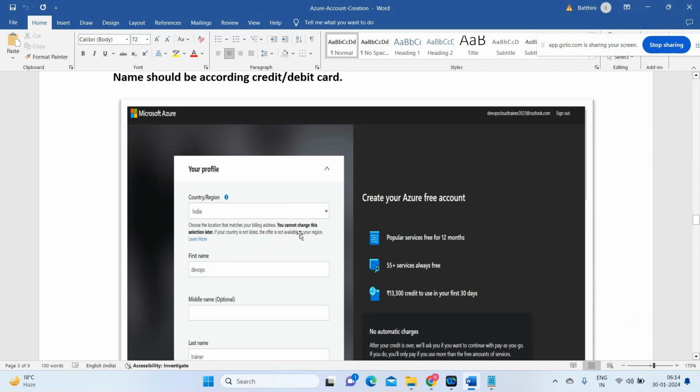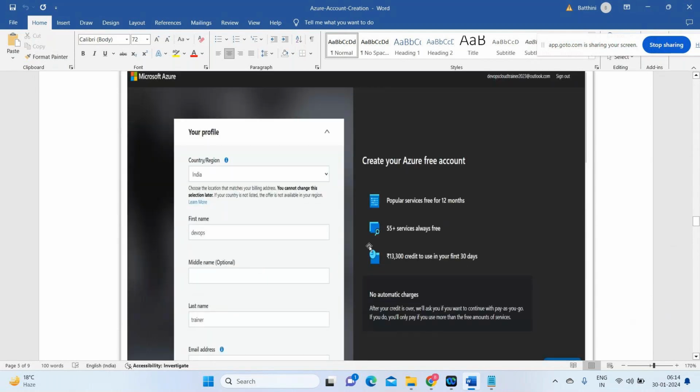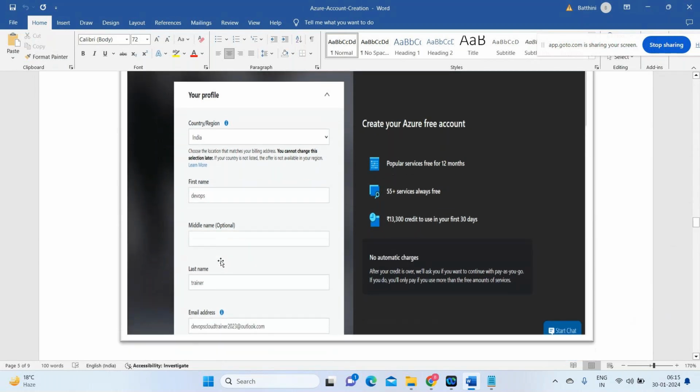Credit card is just to verify whether you're a genuine user or not. That's it. But you will be getting this 15,000 credit for the next 30 days. You'll be getting it free, so you can play around with your Azure account. Fine. Now